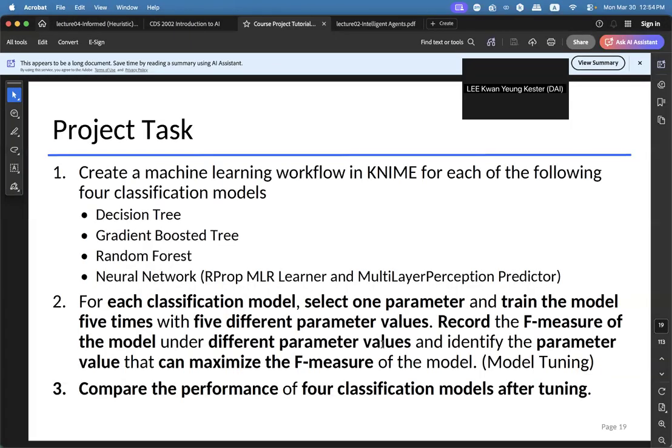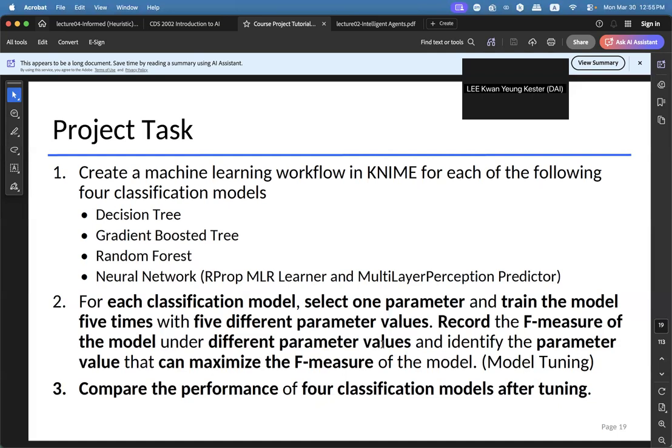So these are the things we need to do. The first task is you need to create a machine learning flowchart workflow in the KNIME toolkit, okay, for each of the following classification models: decision tree, gradient boost tree, random forest, and neural network, okay? And for each of these classification models, you will need to select one parameter, and then train the model 5 times with 5 different parameter values, okay?